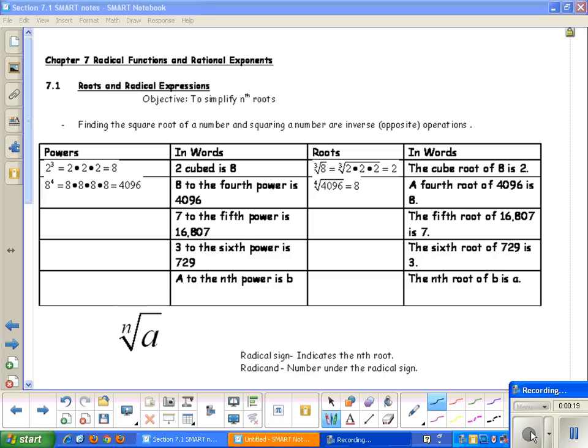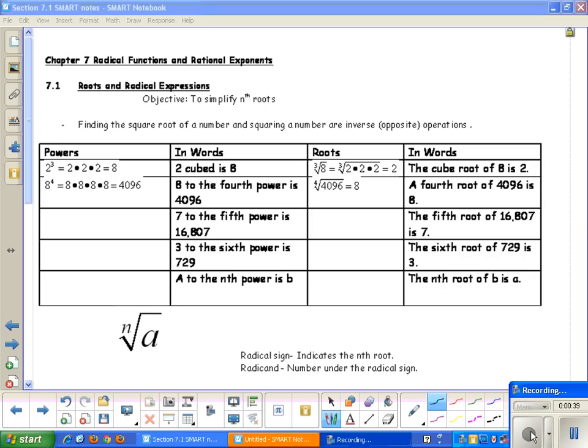If we look at this first one that we have, 2 to the third power is equal to 2 times 2 times 2, which equals 8. So we would say in words, 2 cubed is 8. Then if we want to undo that, we would do the cube root. So the cube root of 8 is equal to the cube root of 2 times 2 times 2, which is